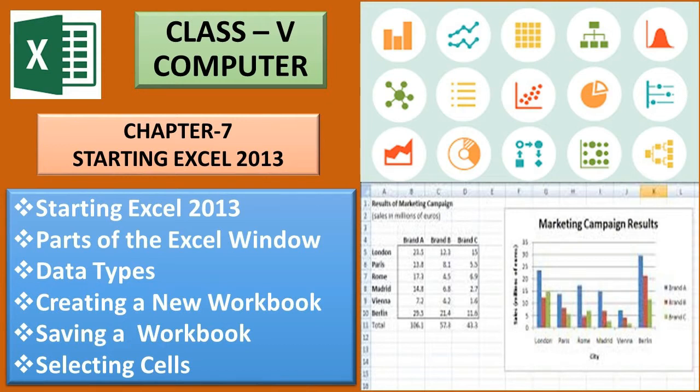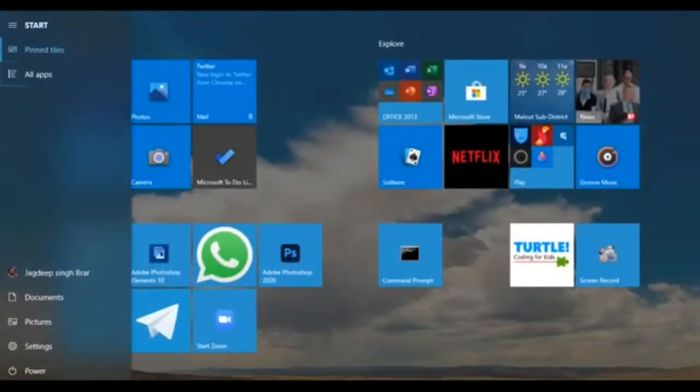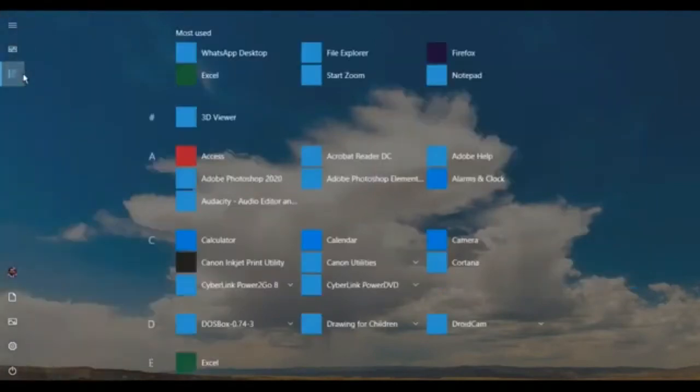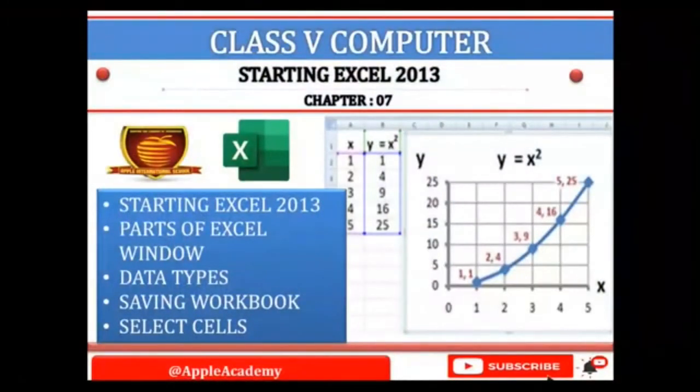To start Excel, first you have to click on All Programs. Then click on Microsoft Office 2013, or you can see here we have the most used app, that is Excel. Select the app.